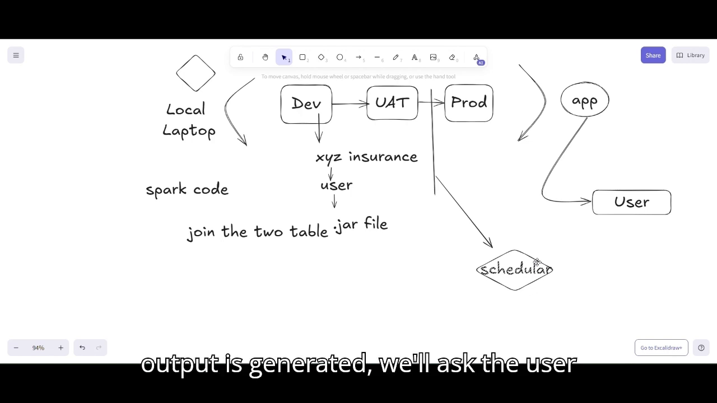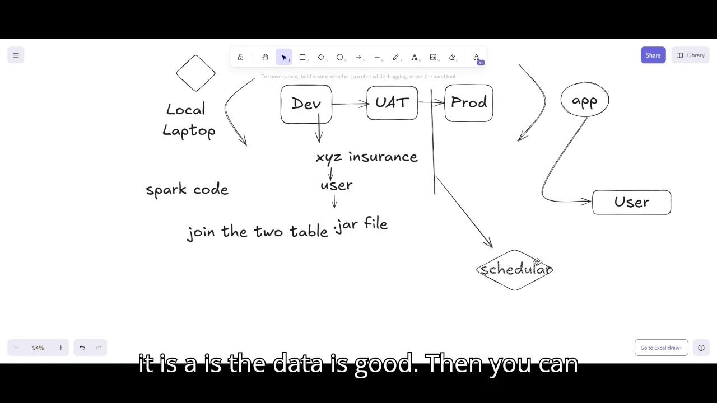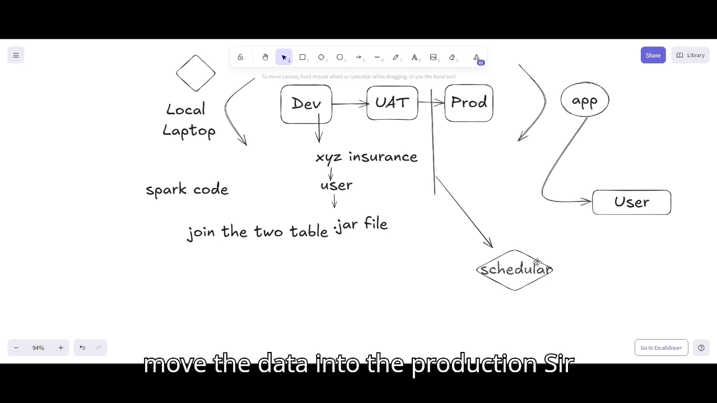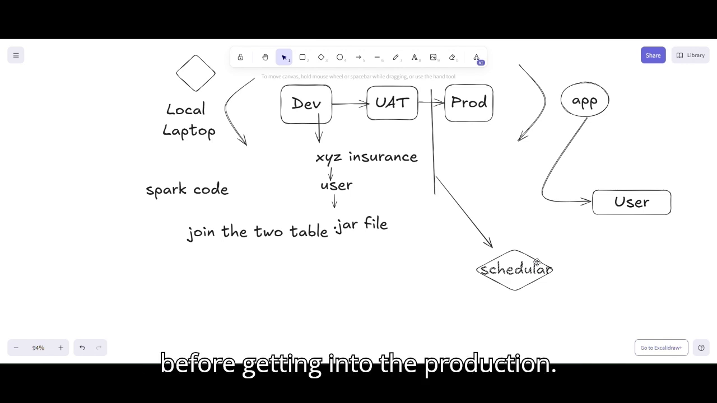So once the output is generated, we'll ask the user, and if the data is good, then the user says you are eligible to move the code into production. So before getting into production,